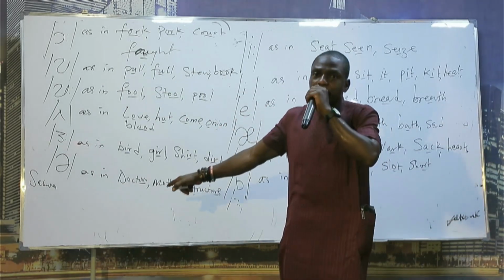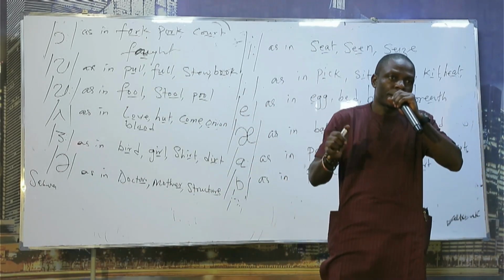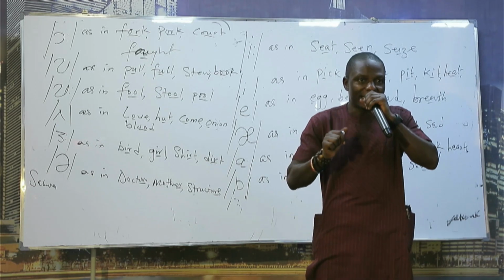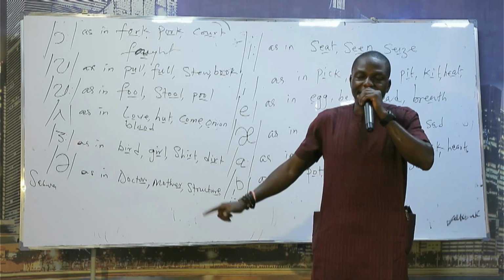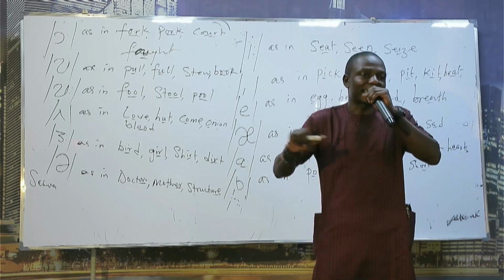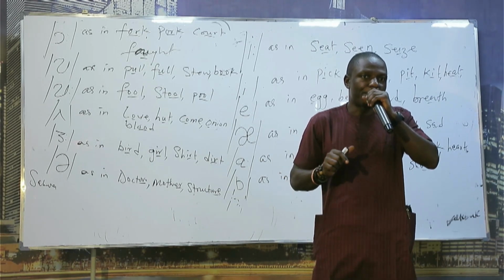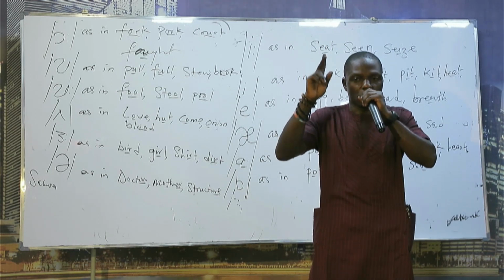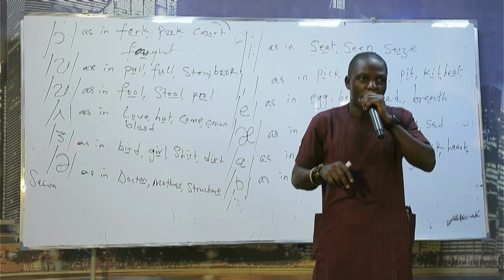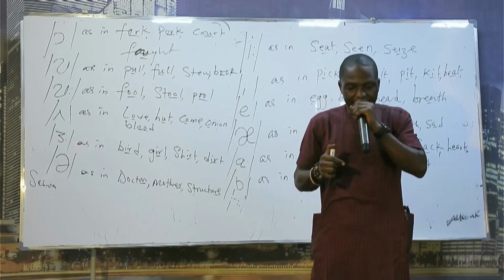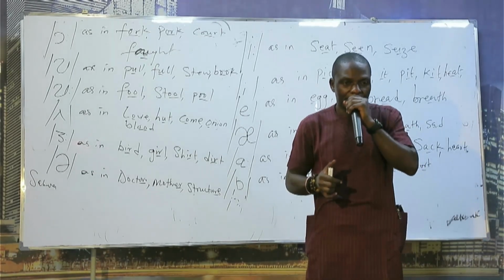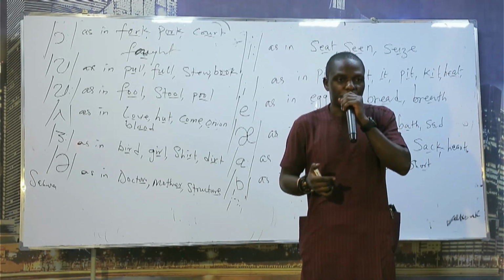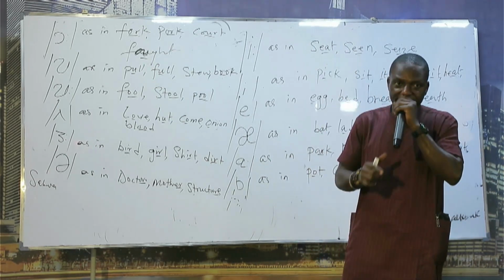And that reminds me, this number 12 is a topic of its own. You are going to learn it very well in your year 1. Because this number 12 is the most important vowel sound. Why? Because it makes a vowel weak and it can make the vowel strong. Therefore, when we are learning it, we'll learn it judiciously. The next time, if I'm opportune to be here with you again, we continue.